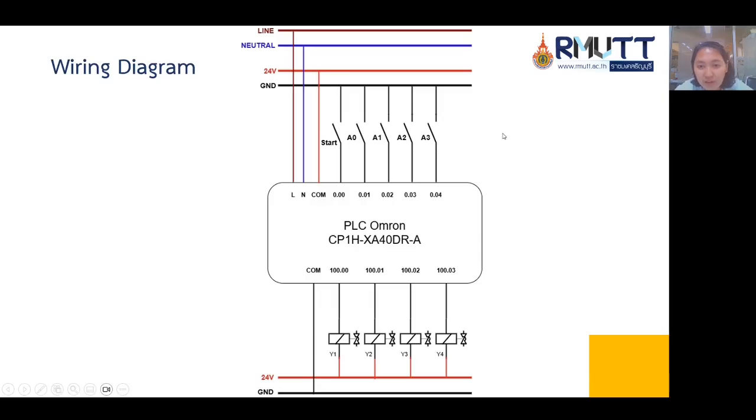And this is the wiring diagram. This is the PLC. This is the input and this is the output. There are line, neutral, COM, and this is the input that uses address input for start